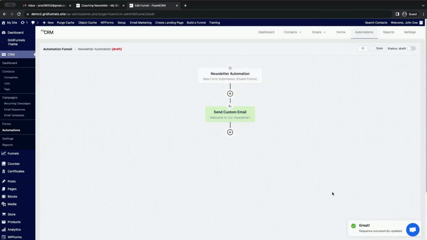So now we have our first two steps of the automation. We have the trigger, and we have our first action. What we will do as our second action, after the customer subscribes and receives a welcome email, is